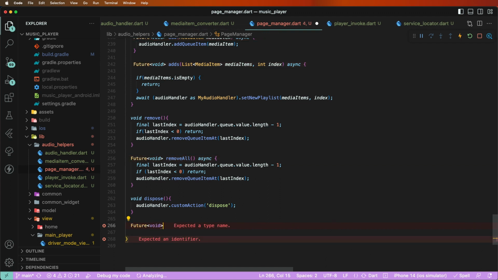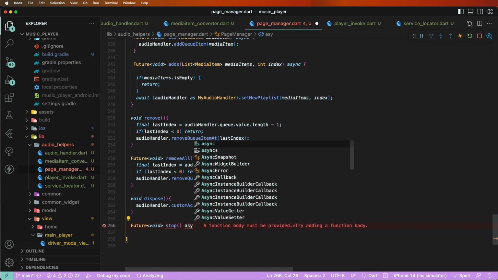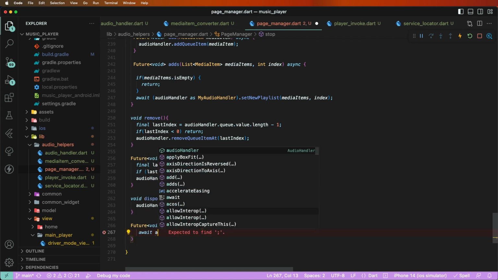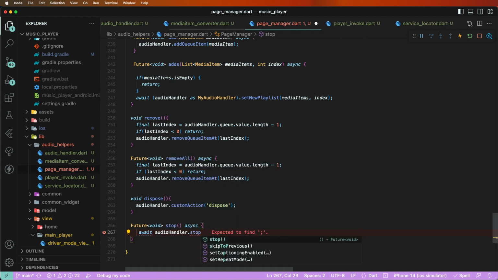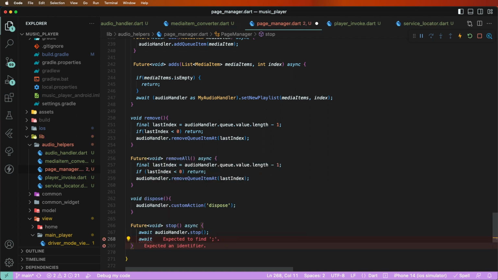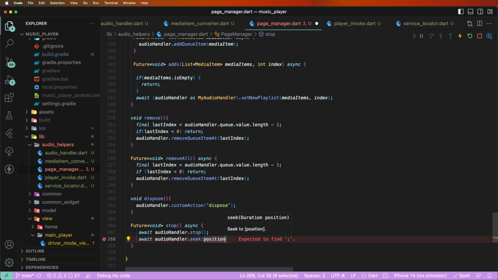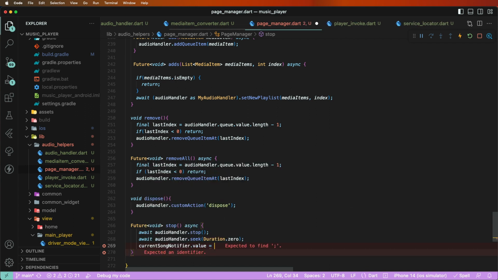body method stop. Since methods need to call this here the stop method, set this here, and to write down here the await, and the audio handler need to also here the stop, and after need to wait to handle, set seek duration need to set as 0, and after current song notifier value need to share null value, and after await